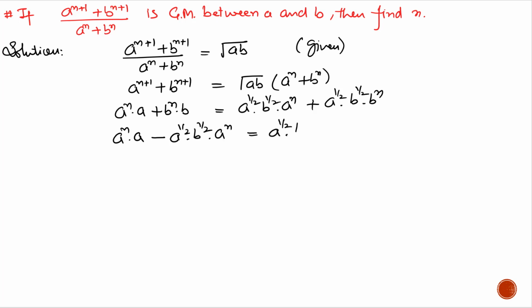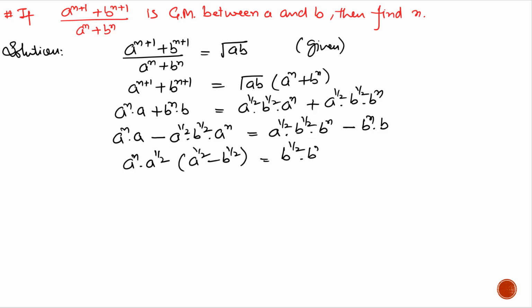If we take A raised to the power n into A to the power half common on the left hand side, we will get A raised to the power n into A raised to the power half, in bracket A raised to the power half minus B raised to the power half. Similarly, when we take B raised to the power half into B raised to the power n common on the right hand side, in bracket we will get A raised to the power half minus B raised to the power half. After simplification, we will get A to the power n upon B raised to the power n equals